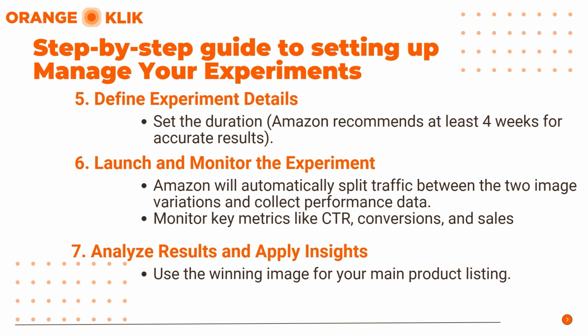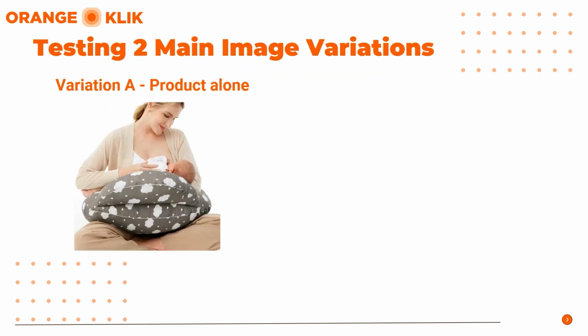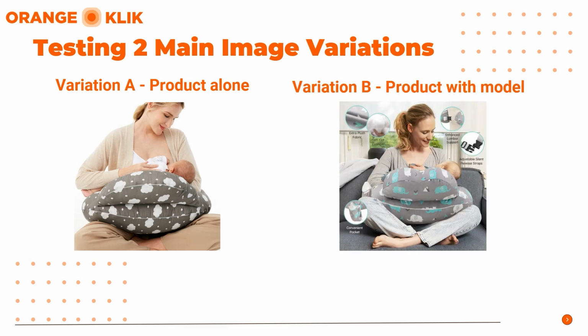For example, suppose you're selling a nursing pillow. Variation A is a standard image showing the pillow alone on the white background, while Variation B features the pillow in use with the model nursing a baby in a cozy home setting. After running the experiment, you find that Variation B generates a 20% higher click-through rate, indicating that shoppers connect more with lifestyle imagery. You can then update your main image and consider adding similar lifestyle visuals to your secondary images